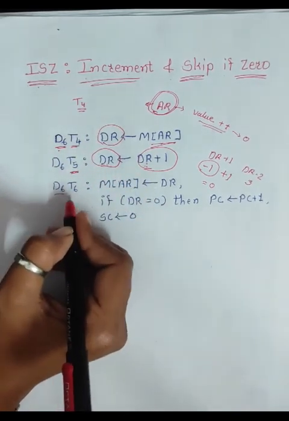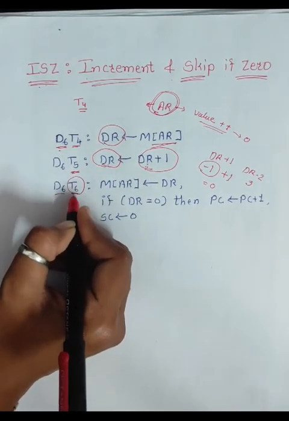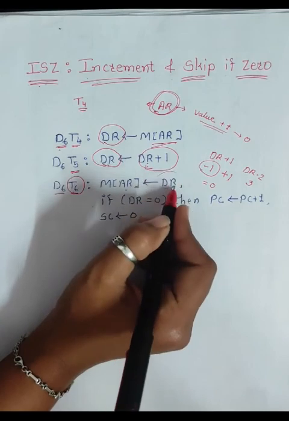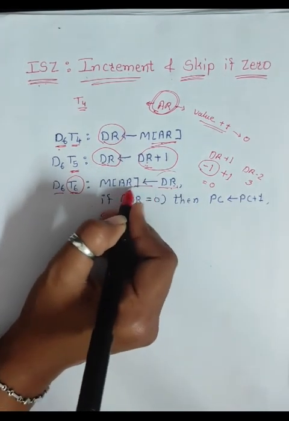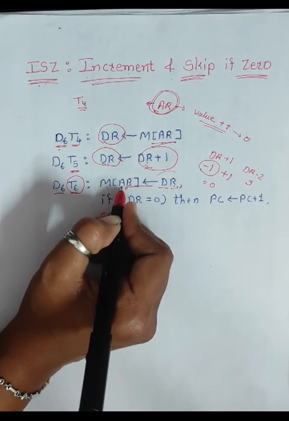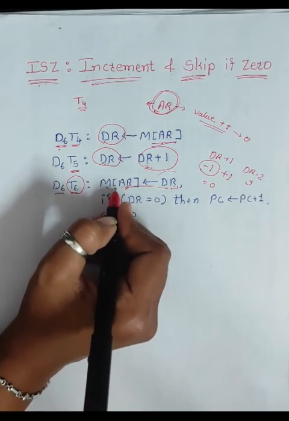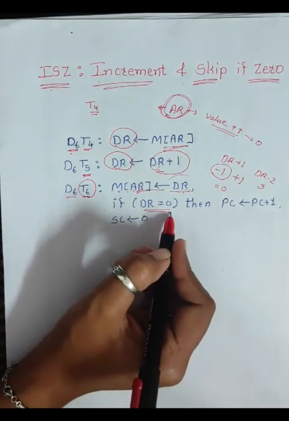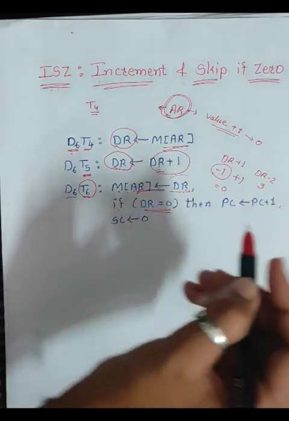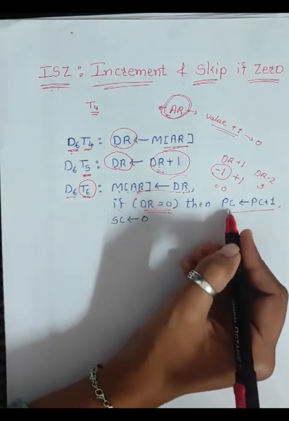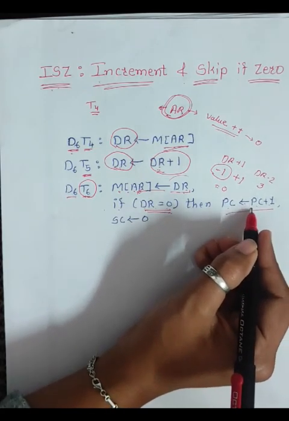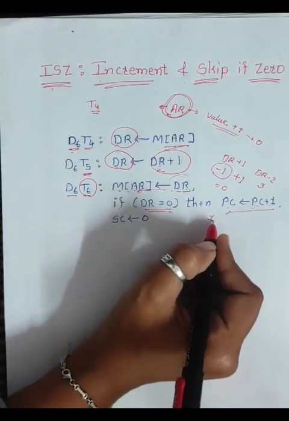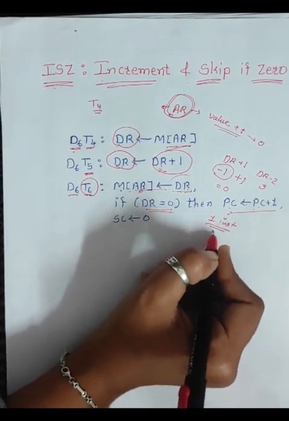Now at the D6 T6, right? T6 is the timing signal. At that time, what it will do, it will again update the data, right? Whatever updated data after the increment, that data is again stored at the location given by the address register, right? So inside the memory, it will update the data. Along with that, it will check whether my DR is 0 or not. If the value of DR is 0, then it will increment the program counter, right? That PC plus 1, that value is given to the PC, that means will increment the program counter. That means that one instruction is skipped,